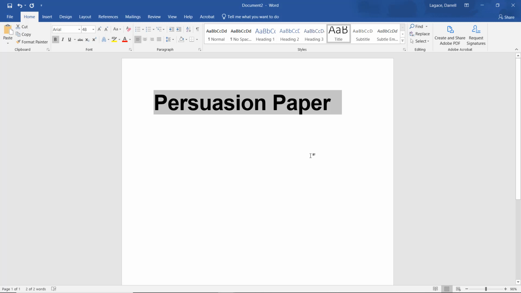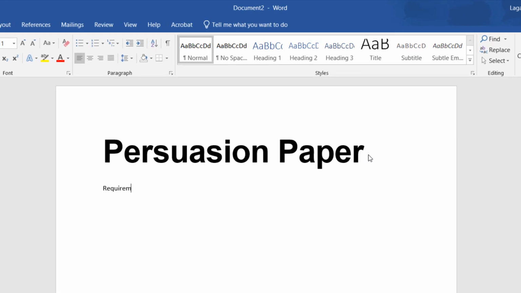Sometimes that's all you need to use for styles, especially if the document is short or all focused on one idea. However, you may want headings and subheadings to show different levels of content. If this is an assignment sheet, the title might be the name of the assignment, but you might want some headings, such as requirements, organization, and topics. Just like with the title, don't just manually make the font larger to denote a heading. Instead, click the Heading 1 option in Styles, where you found the title style earlier.